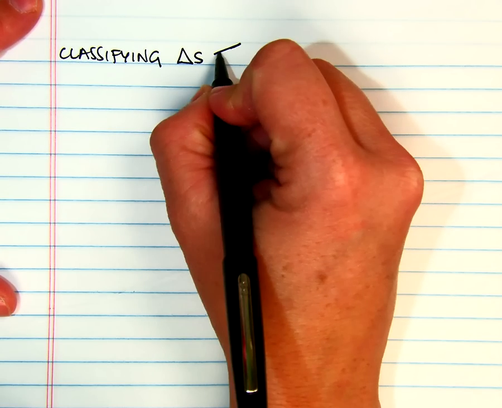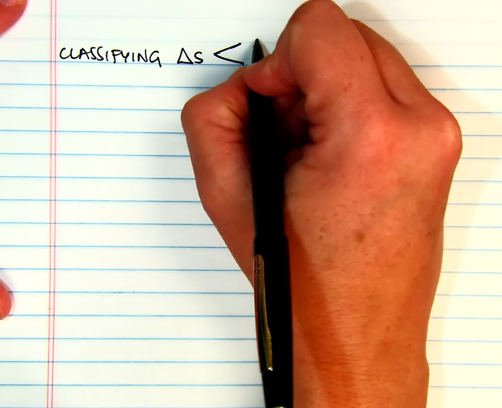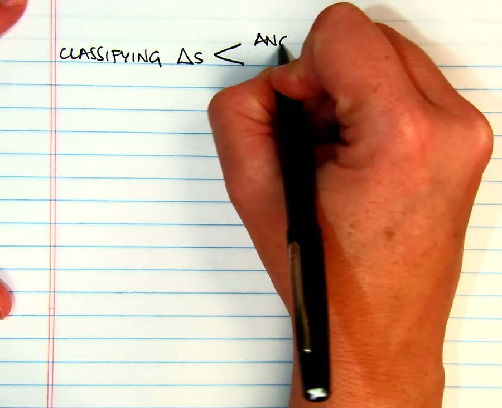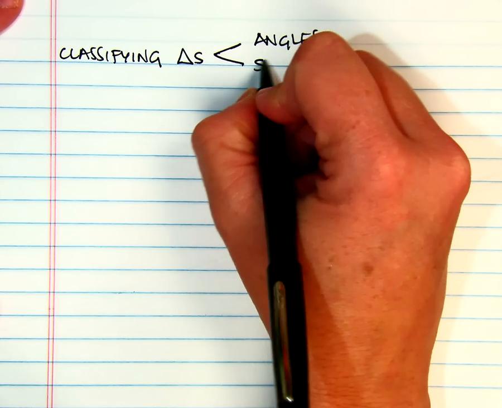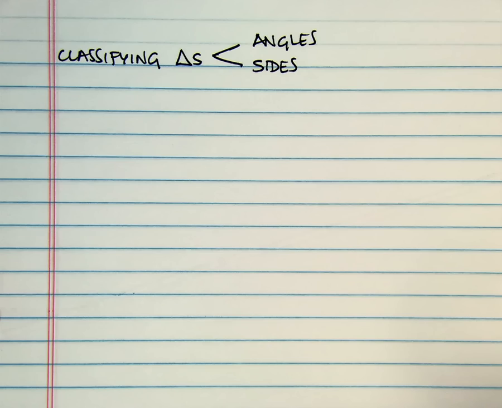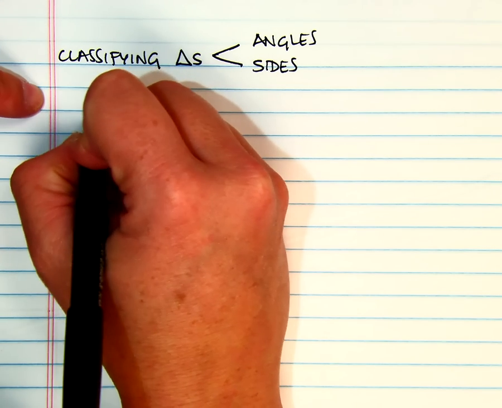Okay, so we are going to be classifying triangles, and there are two ways to classify triangles. You can classify triangles by angles, or you can classify triangles by their sides. So if we're classifying triangles by angles,